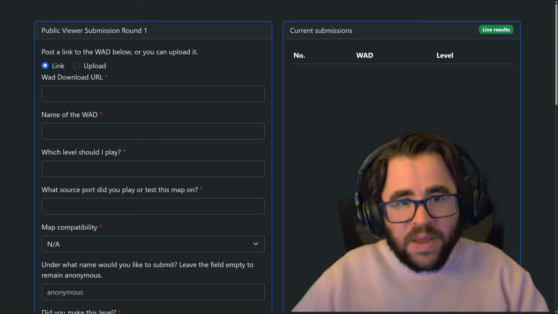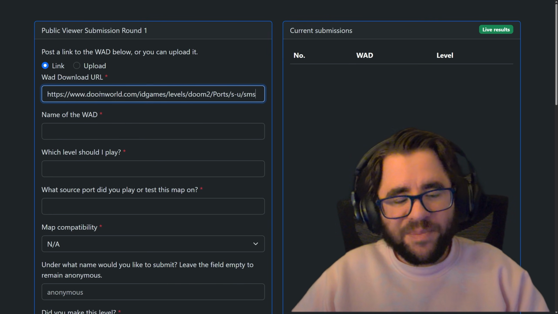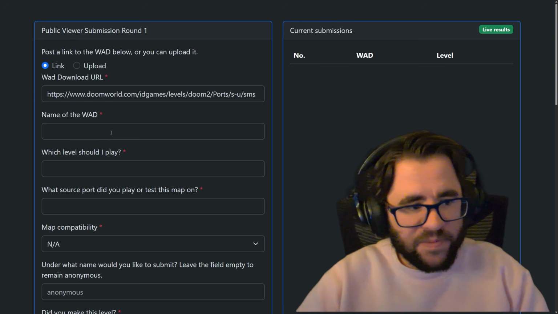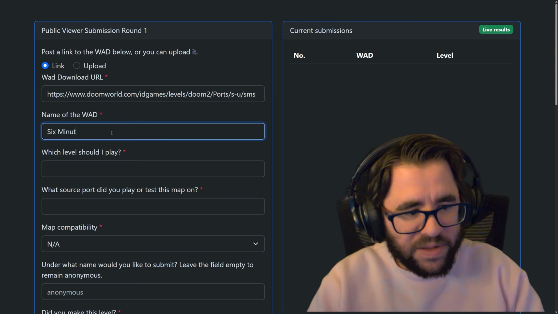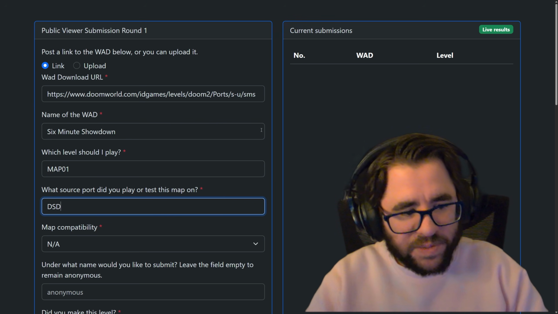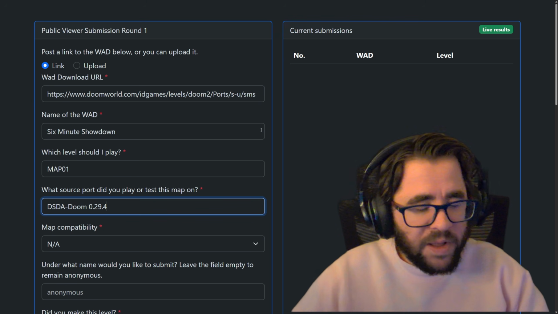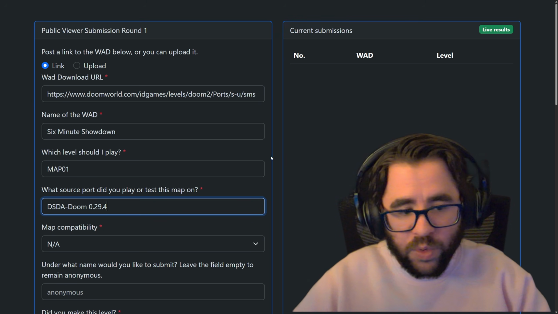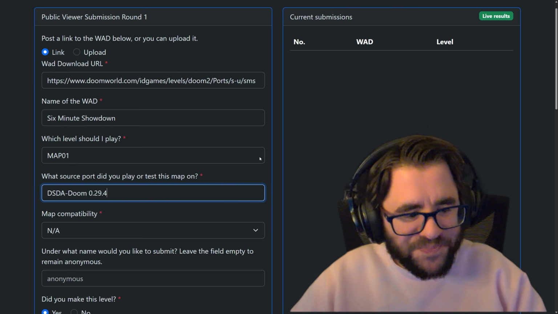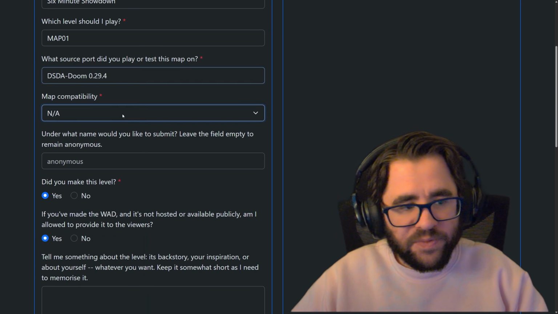TXT file. In this example, I'm going to use the link to 6 Minute Showdown, which is a map I made myself 3 years ago. So name of the WAD, 6 Minute Showdown. Which level should I play? Map 1. Then the source port, in my case, that is DSDA-Doom 0.29.4, could be GZDoom, UZDoom, Woof, Eternity Engine, whatever. Then the map compatibility, which can be a bit more tricky if you're not familiar with